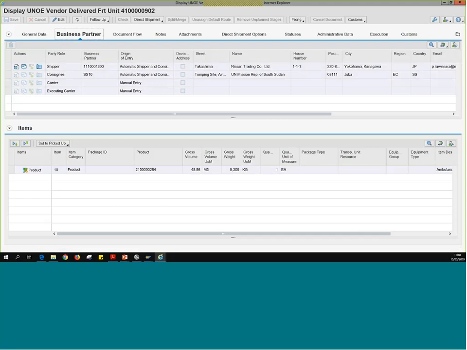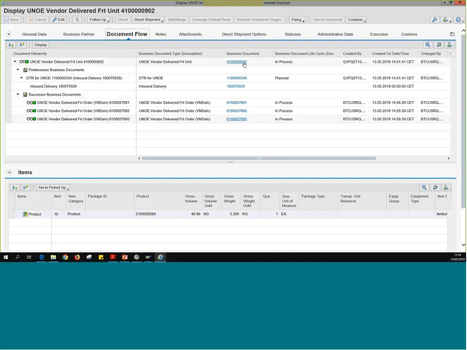We would come to the freight unit here and the business partner tab and make the changes here. Now, I'll go into the ones that have the Xworks Incoterms and the FCA Incoterms so we can play around with that and see the differences. Since this is the DAP one, we're just going to be taking a look at how we would navigate through the system for this. Okay, again, document flow is the page where we have all the other documents,